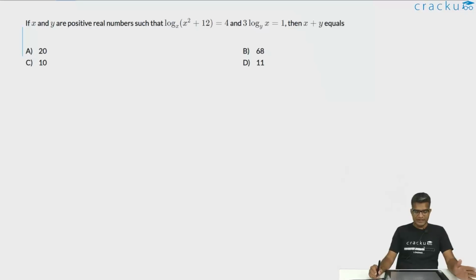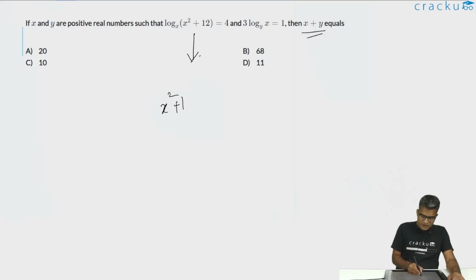In this question, we are told that x and y are positive real numbers such that log of x square plus 12 to the base x is 4 and 3 times log x to the base y is 1. We are required to calculate the value of x plus y. If you look at this equation, we get that x square plus 12 is equal to